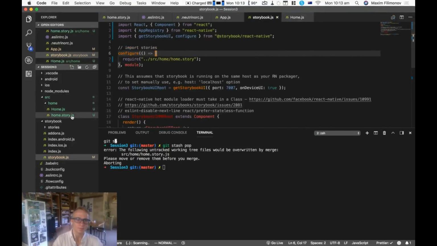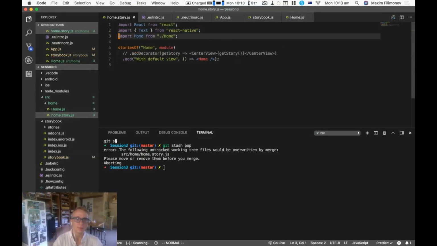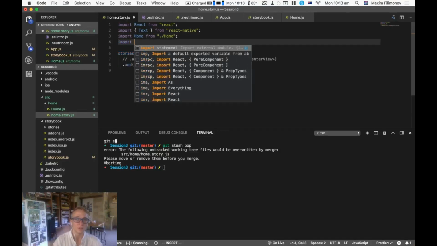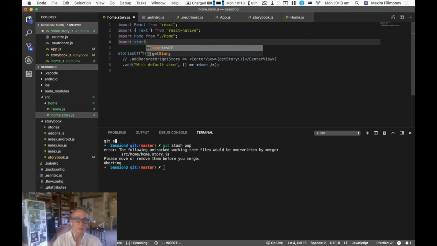Oops. The storiesOf comes from Storybook. I really like TypeScript for that. TypeScript actually gives you all of this. You can just hover over storiesOf, and it tells you, hey, did you mean to import this from Storybook? So yeah, I don't even know. Is this correct? Maybe it is correct. ESLint, if I did run